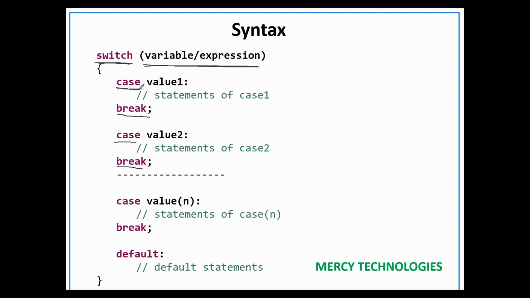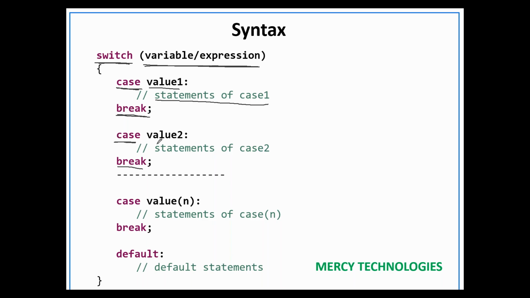In case of an if else if ladder, we will go with the first condition if, then the second condition else if, then the third else if, the fourth else if. Instead of that, we will go with case. Here we need to give the literal, the value. If a particular case is true, then execute the block of statements. Because of break, it will come out.